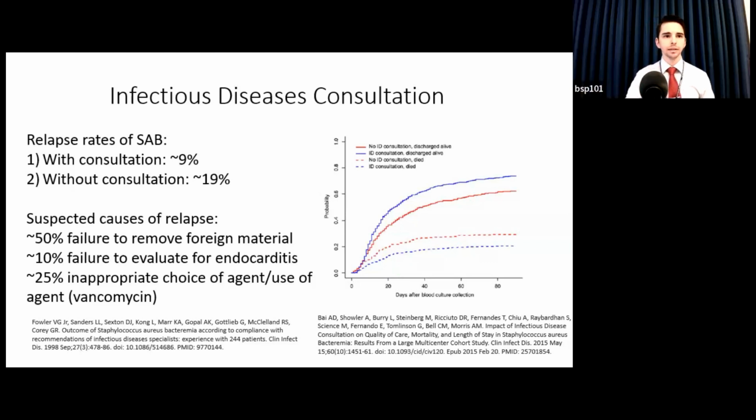It wasn't considered that the prosthetic joint that was in there for 10 years could have been seeded by bacteremia. Or there's inappropriate choice of the agent used to treat bacteremia. So a patient who has a reported penicillin allergy is on vancomycin for methicillin-susceptible Staph aureus bacteremia. And so the benefit from ID consultation is present at the bedside, and it's during the treatment of bacteremia, but then it extends beyond treatment of bacteremia.